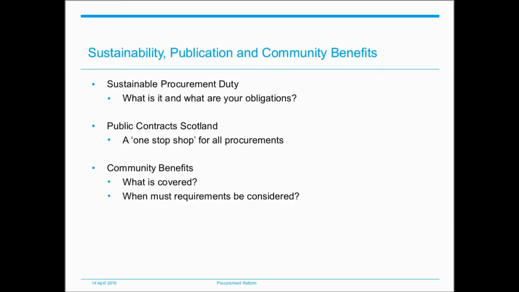The contracting authority must, in the contract notice relating to the procurement, include 1. A summary of the community benefit requirements it intends to include in the contract, or 2. Where it does not intend to include any such requirements, a statement of its reasons for not including any requirements. Where community benefits are included in a contract, the contracting authority has to include in the award notice a statement of the benefits it considers will be derived from those requirements.